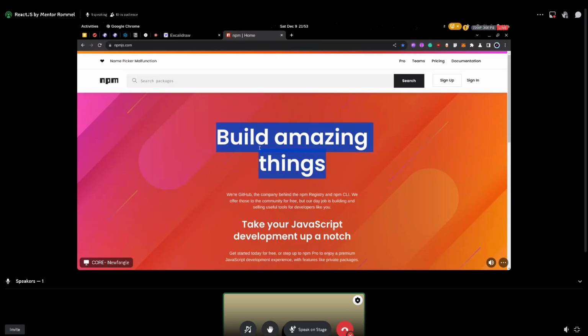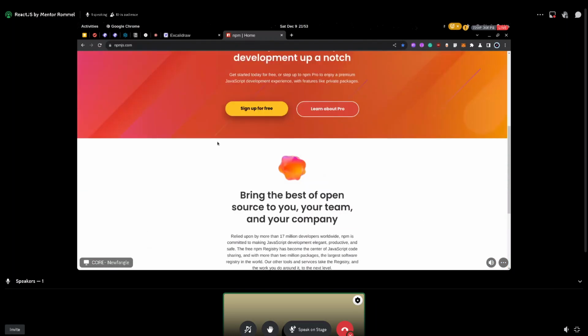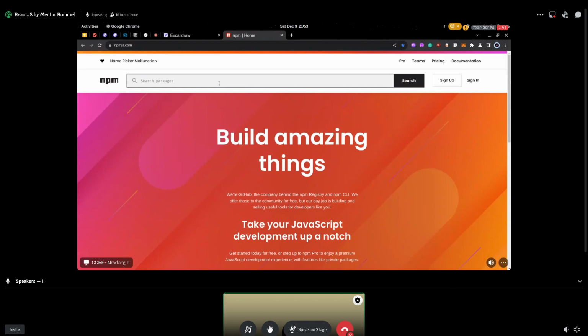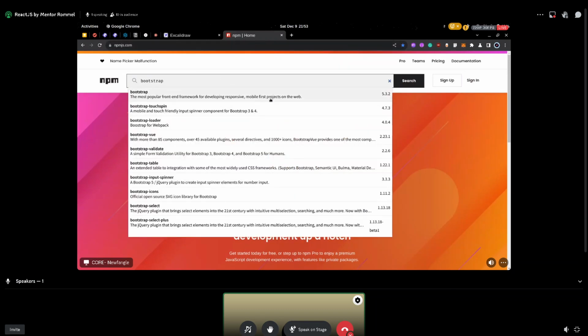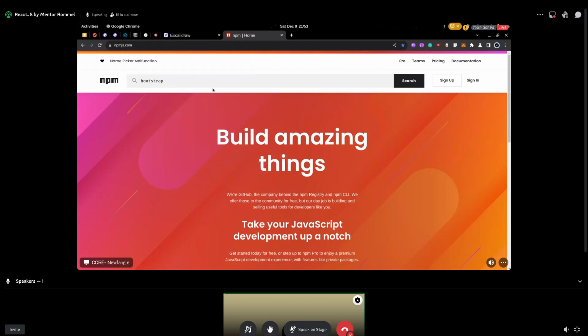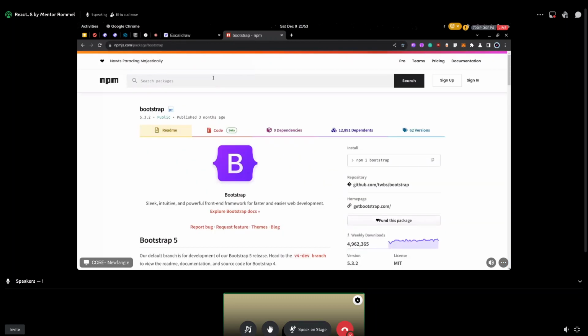So, sa pagkakaalam ko, pwede kang gumawa ng package. So it's basically a play store for all your dependencies for developers. So for example, you can use Bootstrap, and so much more in this. But I want to emphasize kung paano mag-install